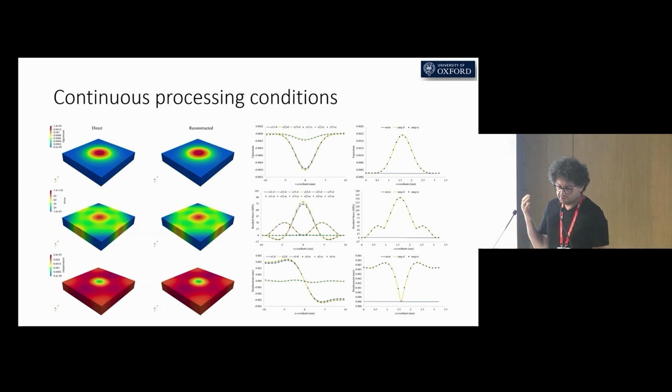Here I will show some numerical experiments in a body that satisfies continuous processing conditions. That means eigenstrains distribute plane-wise, but they are kept constant through the thickness. In this condition, what we do is